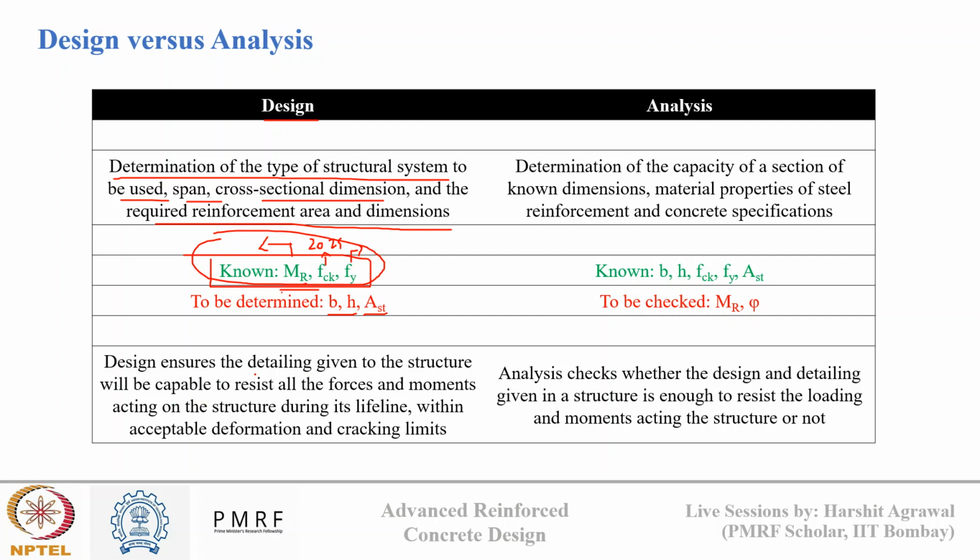So design ensures that the detailing given to the structure will be capable to resist all the forces and the moment acting on the structure during its lifeline within acceptable deformation or cracking limits. So this is the role of design. We know what is the load acting on the material and what is the quality of our material, and we are determining the dimension and the amount of material that we need. And what this analysis does, analysis is the determination of